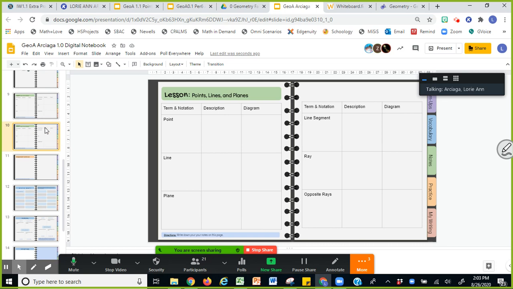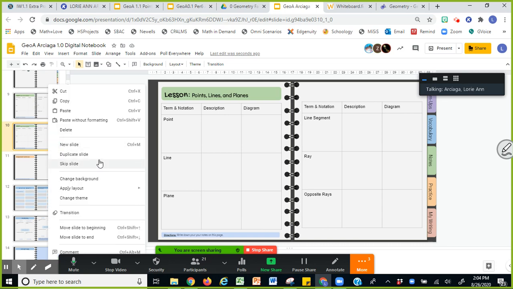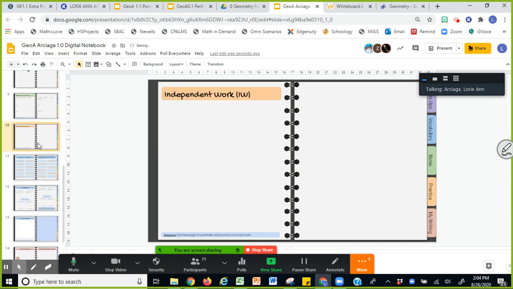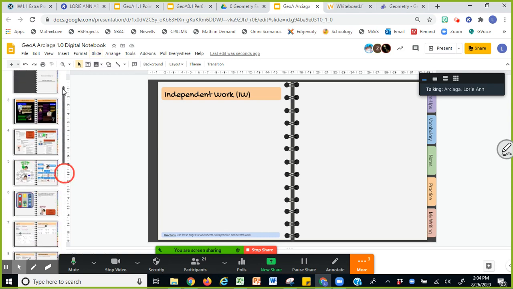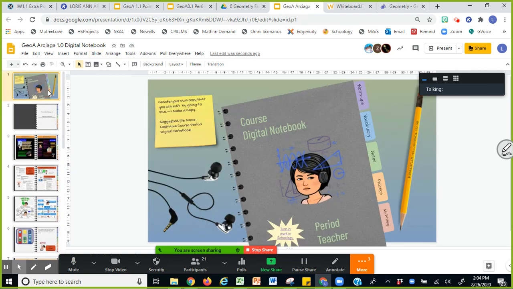And don't be scared, don't panic when you do something wrong. You could just delete any page, or if you messed up entirely, don't worry. If that happens, I'll show you how to get them from the master slides. Okay? You can also decorate the cover. I'm old, so mine is just like that, but you can be so creative about it.